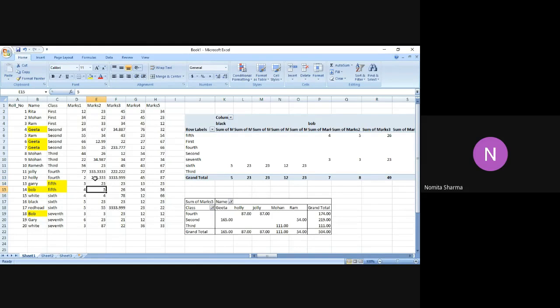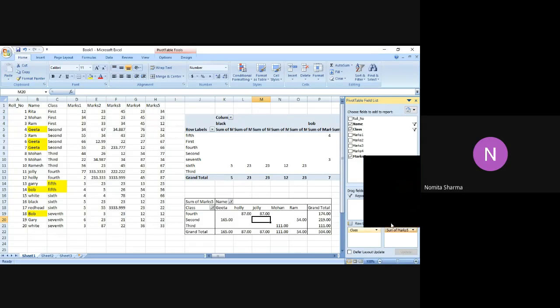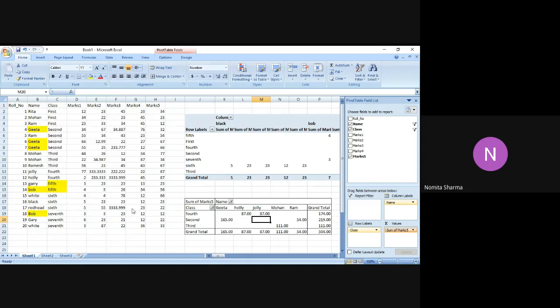You will see that if I make a change after making a pivot table, with respect to the values, I'm not talking about the format. Earlier, when I clicked on that, only then I got this option of working on the formats. That is how when I clicked on the value field settings, it allowed me to change the format. But if I try to change the values over here, it will not allow me, because if I change the value, just like if you notice, I changed the value of marks for Holly over here, now it is 33.333.